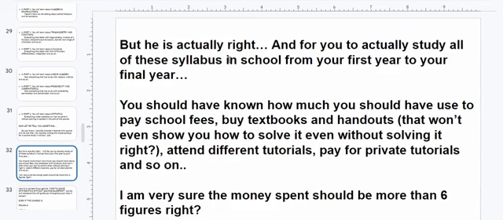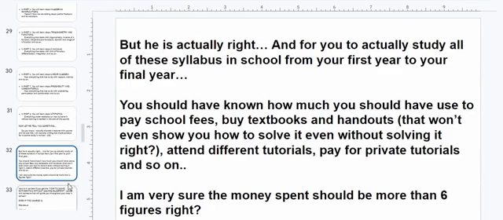So you should have known by now that if you want to pay for the knowledge of what is inside my course, you either pay for your school fees, or you buy textbooks, and the handout you're even buying is not going to show you what is inside my course, because what they show you in the handout is probably how you can solve it the normal way around, and at the end of the day it's confusing. Or you would have attended tutorials to go and learn all of this, but everything is already packed in a course. You also even pay for private tutorials to come and teach you. Please, it is too much. You are still going to spend a lot of money, all right. And I'm very sure you are going to spend more than six figures or above.